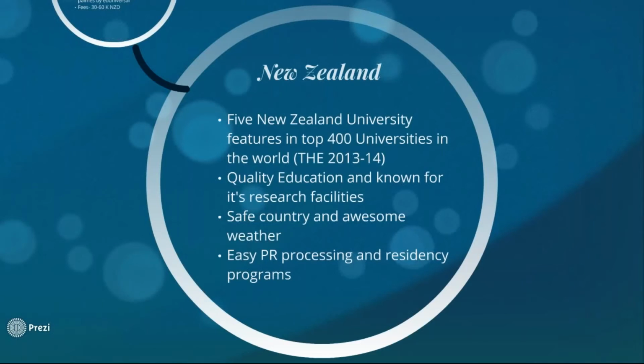Then New Zealand, yes, five of the New Zealand universities are in the top 400 Times Higher Education ranking. Quality of education is like the degree from New Zealand is recognized worldwide. New Zealand is also known for its cities. New Zealand is considered to be the safest country. Weather, yes, it's the weather which attracts a number of tourists from around the world. So, easy PR processing and